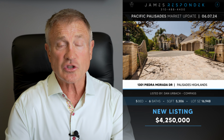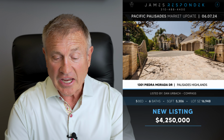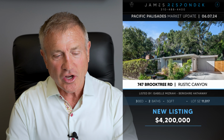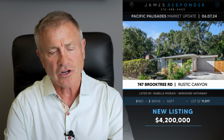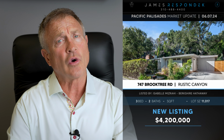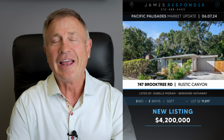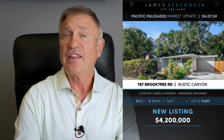You get 5,300 square feet on a 17,000 square foot lot with views and a pool. I like the value. Just listed in Rustic Canyon, 747 Brooktree Road for $4.2 million. It's a mid-century. Public record says it's only 1,342 square feet. The lot's 11K, but some of that does go up the hill. And I'll tell you about a comp around the corner in a minute that tells me this is